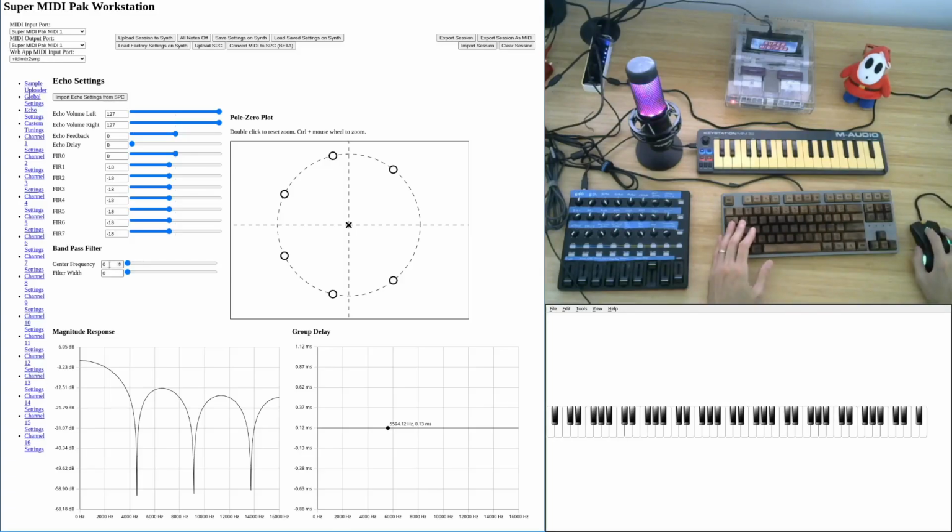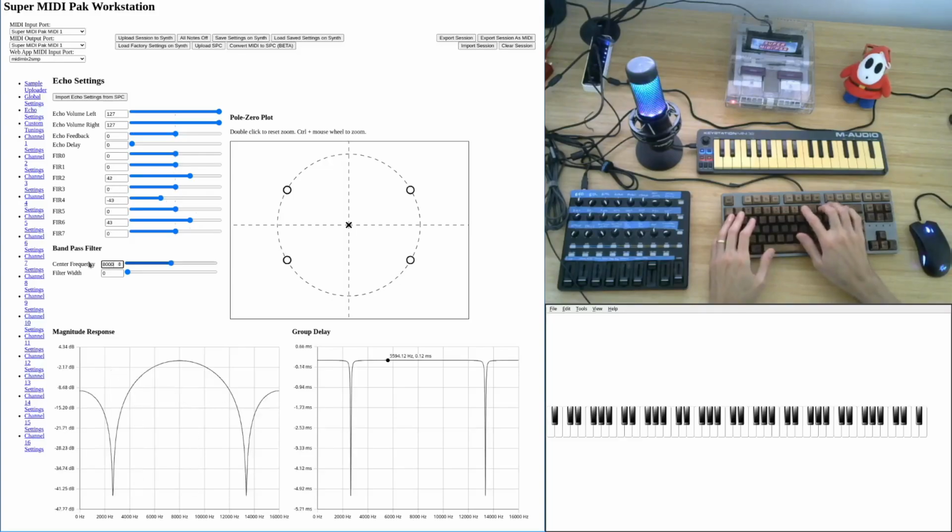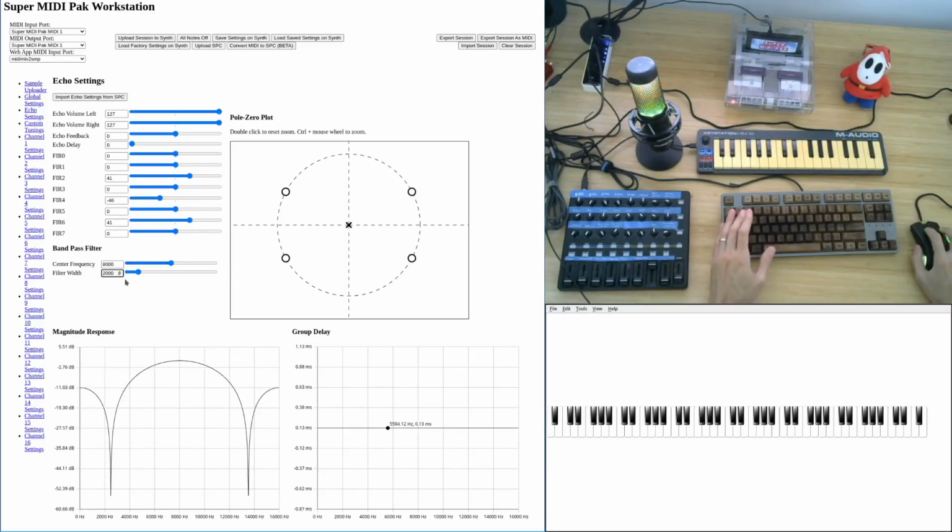So for instance, let's say we pick a center frequency of 8,000 and we set a filter width of 2,000. You can see that at 2,000 hertz above 8,000, which is 10 kilohertz, we have an attenuation of negative 2 decibels, and the same for 6,000, which is 8,000 minus 2,000. We also have an attenuation of negative 2 decibels.